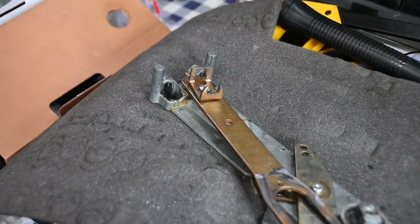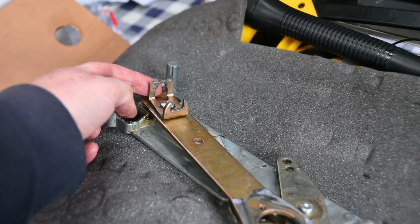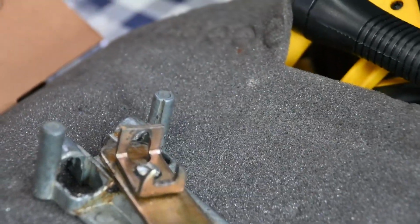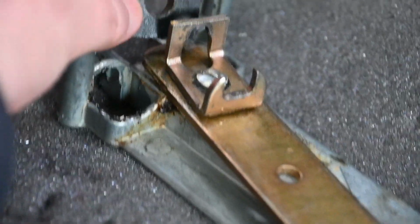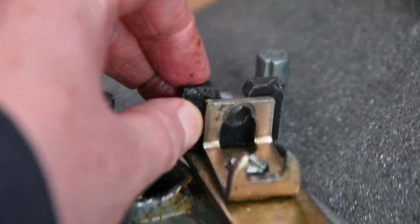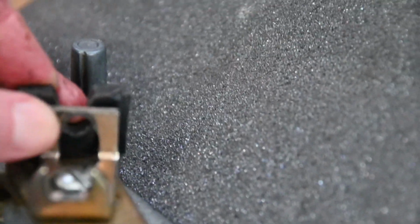I don't know if you can see this, but this little hole here, there's a cable, the control cable that runs through there. It's the throttle cable. We could not get it out when it was in situ at all, and the reason was this thing. So this is behind here, and when it's behind there, there's sort of a hole that runs through, and that hole,